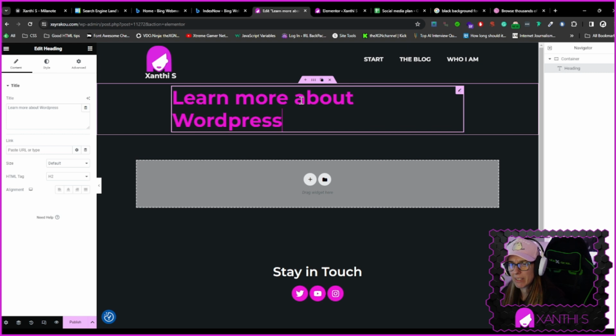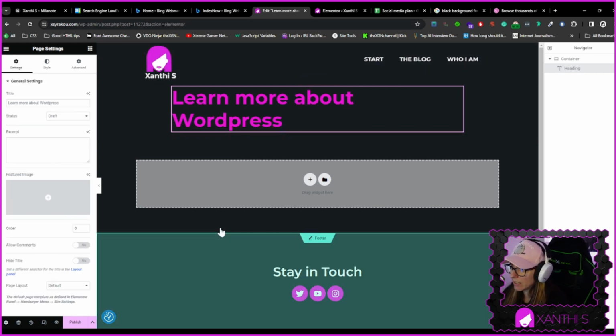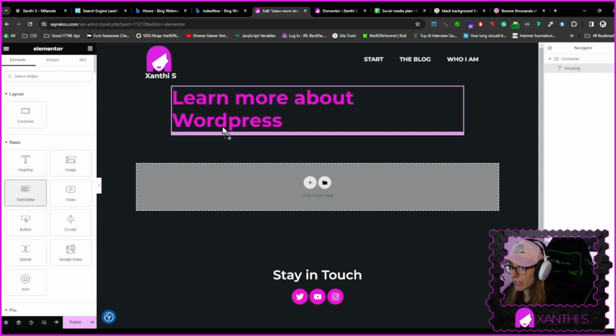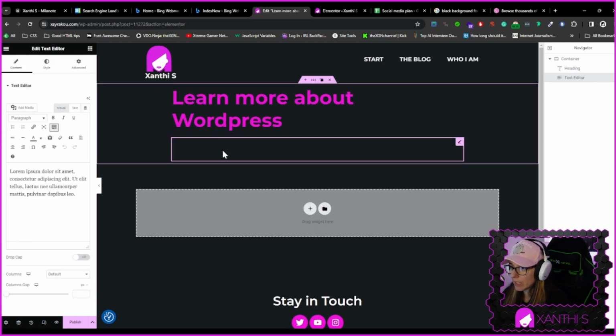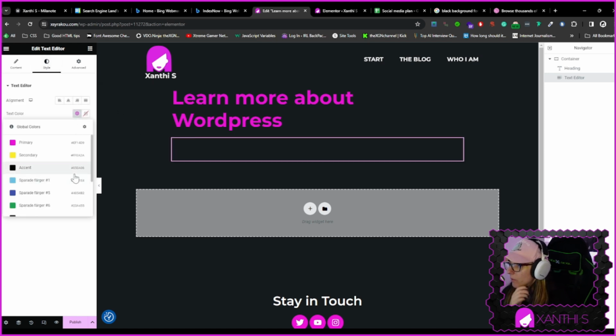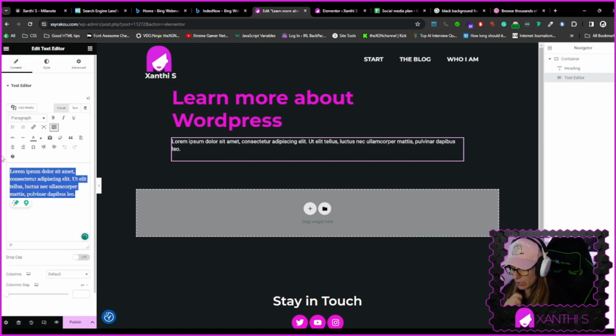WordPress. Did I say Elementor? Oh my god, WordPress. Learn More About WordPress. Yes. And this is going to be in H1. And underneath I'm going to add the text editor. And here, the style, the text color, we need text color, which is that. And I'm going to have to write here something like